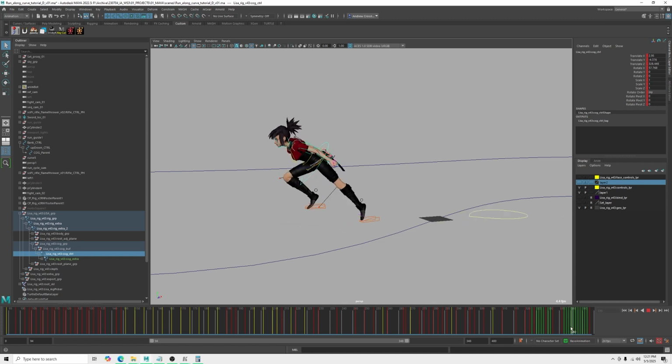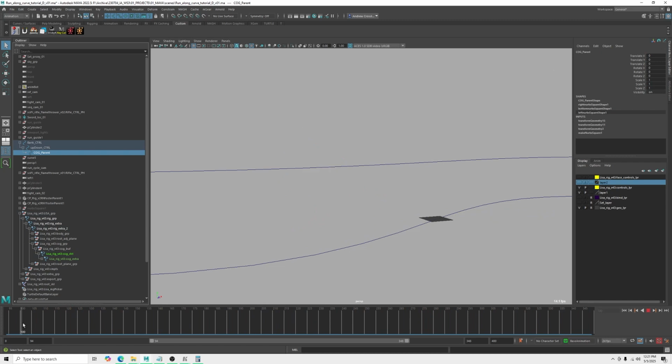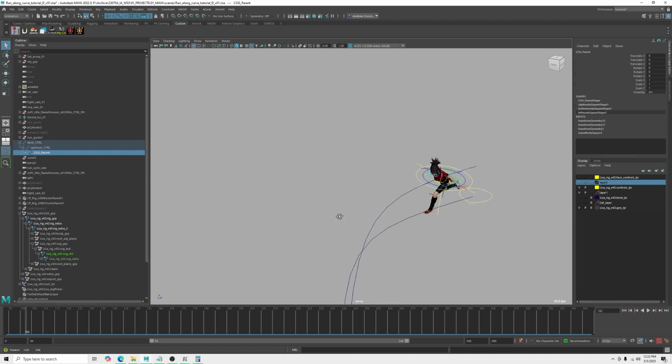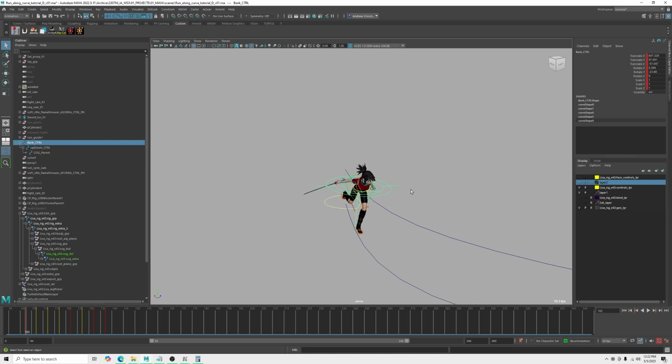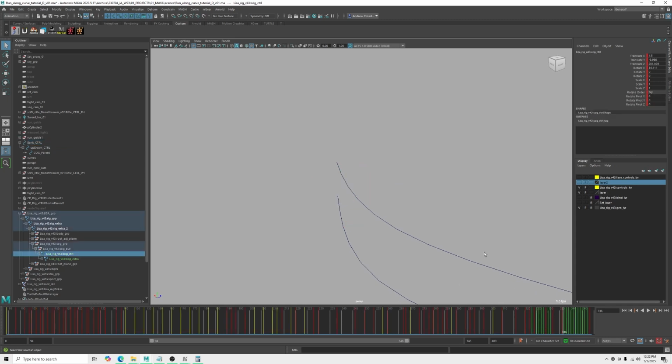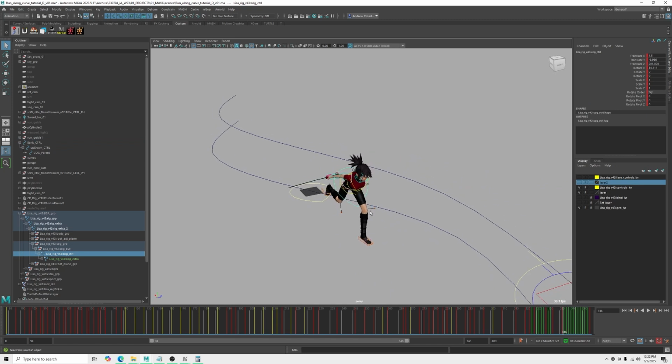So we've already anticipated this, and that's why we've set up the cog parent control, which basically is an exact copy of what the cog is going to do in the run cycle, but it's nested within the up and down control that accounts for the variable distance between these two curves, and the bank control that follows along our motion path. So all we need to do is select our cog control, go to the first frame of our